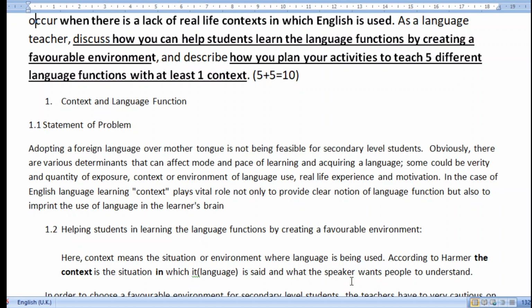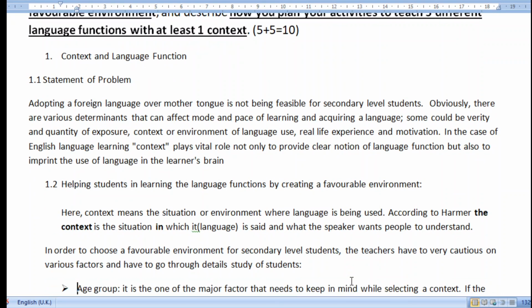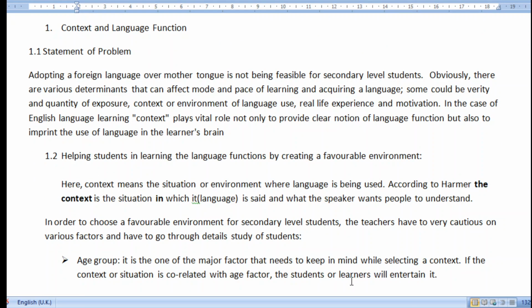अब हामीले कसरी उनीहरूलाई के गर्न सक्छौं? ल्याङ्ग्वेज फंक्सन सिकाउने फेभरेबल इन्भाइरोमेन्ट भनेको सुइटेबल इन्भाइरोमेन्ट हो। किन सुइटेबल इन्भाइरोमेन्ट भन्यो भने, यसको डिस्कस म यहाँ गर्ने नै छु। सबैभन्दा पहिला कन्टेक्स्टलाई डिफाइन गरौँ, यो थ्योरेटिकल पार्ट हो। Here context means the situation or environment where language is being used. जुन ल्याङ्ग्वेज जुन सिचुएसन र इन्भाइरोमेन्टमा युज भइरहेछ, त्यसलाई हामीले कन्टेक्स्ट भन्छौं।